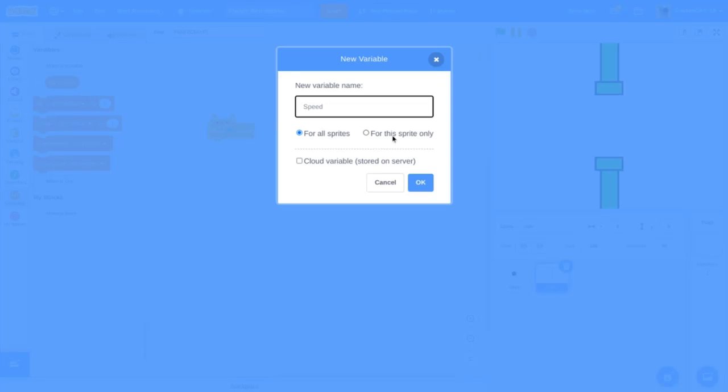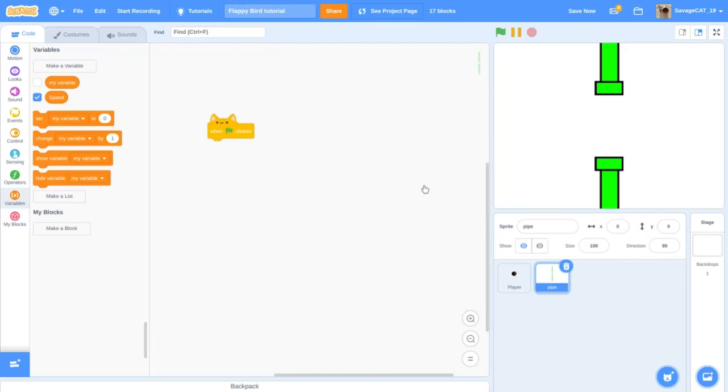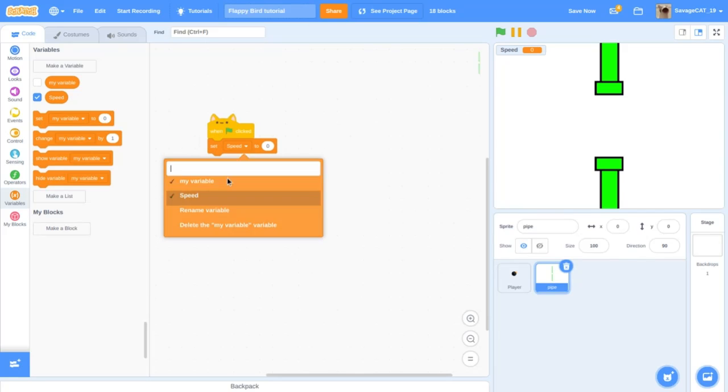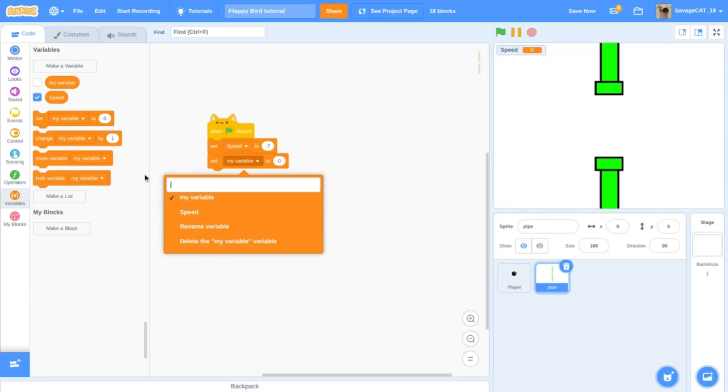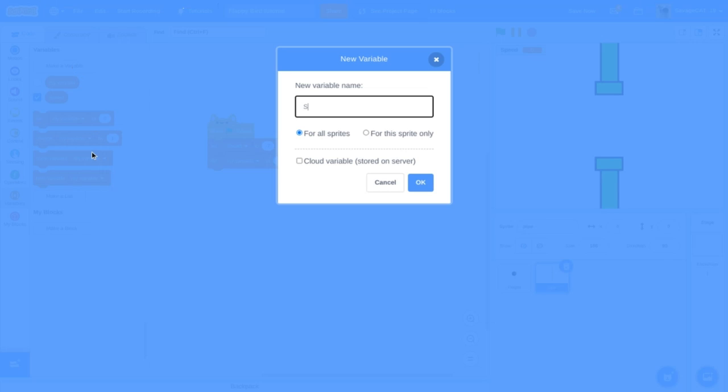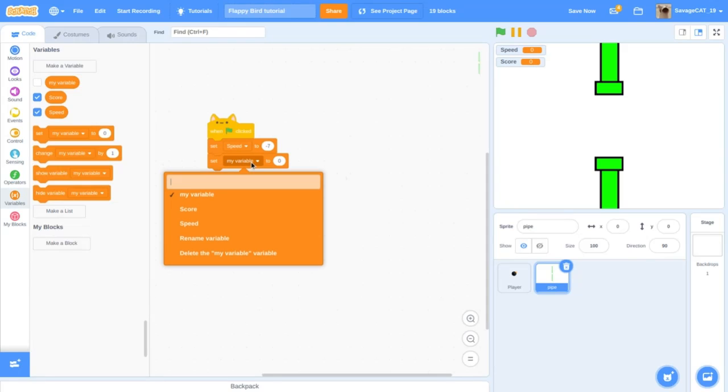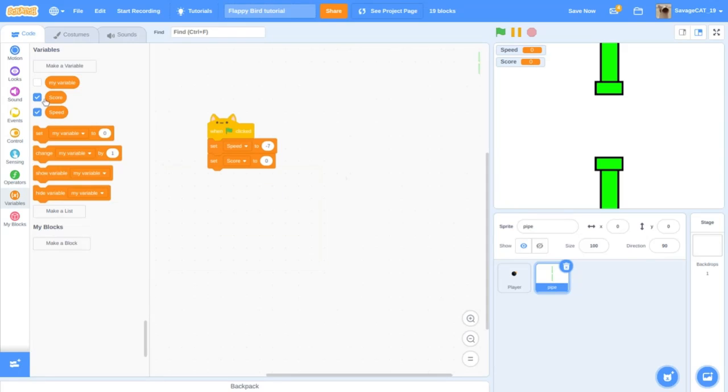And we'll do this for all sprites. You'll set speed to -7. And we will set score to 0, which is another new variable for all sprites. Set score to 0, uncheck both of those so they hide on the screen,